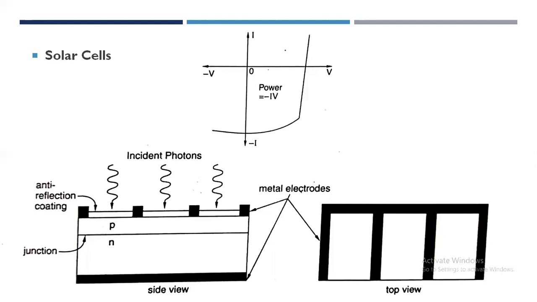The important design considerations of the solar cell include the band gap to allow absorption of suitable wavelengths, a large surface area to allow many photons to be absorbed, and the junction must be close to the surface. The semiconductor surface should be coated with an anti-reflection coating. Individual solar cells are not capable of delivering enough power for most purposes, so they are commonly used in the form of large arrays of cells connected together.